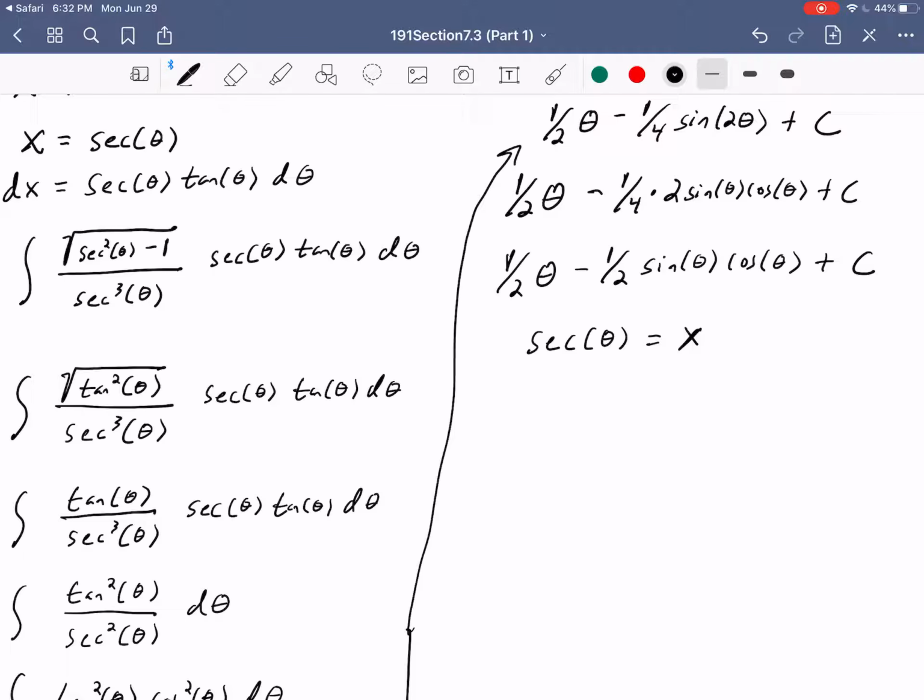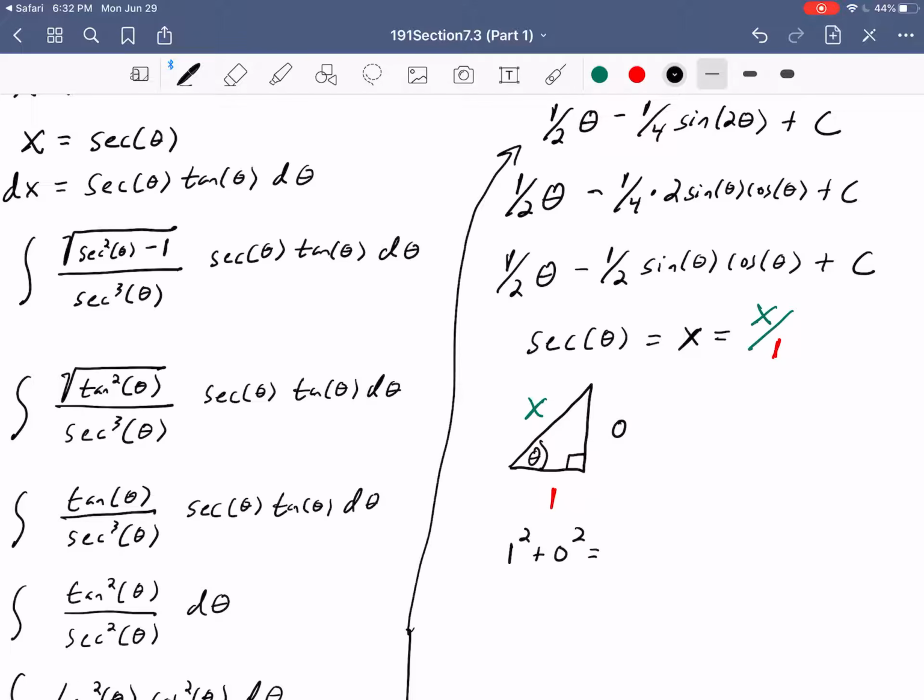Okay, I'm going to again think about that as being x over 1 here. So I'm going to draw ourselves a right triangle, label an angle as theta. Secant is going to be your hypotenuse over your adjacent. So we can label the hypotenuse as x and the adjacent as 1. And then we can go ahead and figure out the unknown opposite here. So we know that 1 squared plus the opposite squared